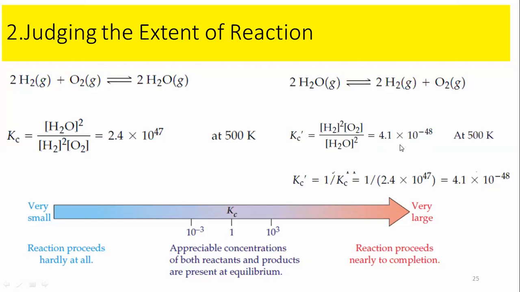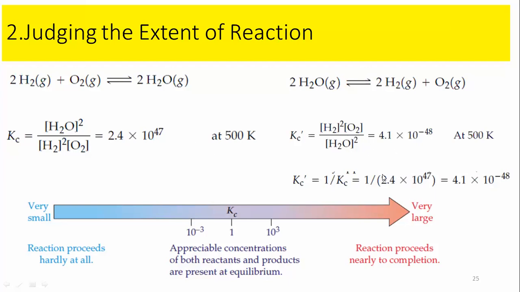Again, for this value, you can put the equilibrium concentrations over here and get the value, or alternately, as I have already explained, this must be the reverse of the other value. That means if you want to get the equilibrium constant of this reaction, it would be just 1 over Kc. Kc is over here. When you put the value, you will get the same value which is given over here. So there is no need to recalculate by putting the equilibrium concentrations.